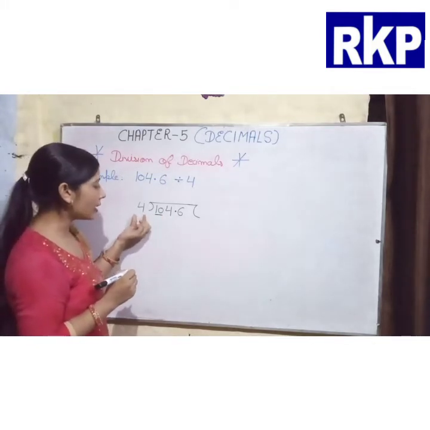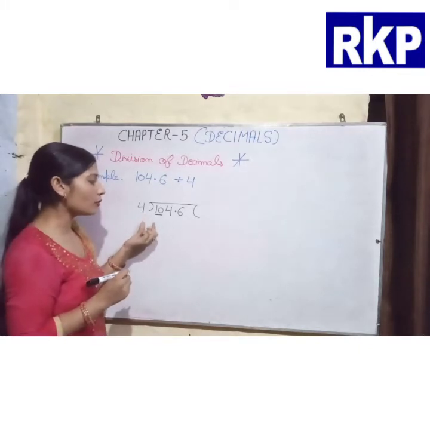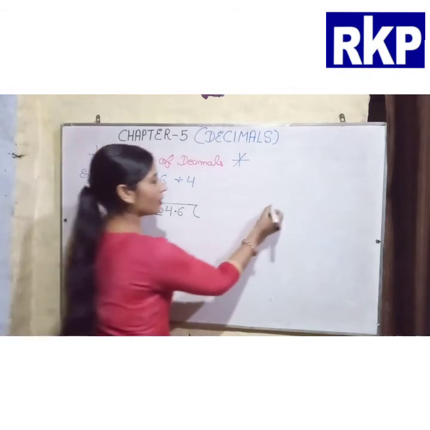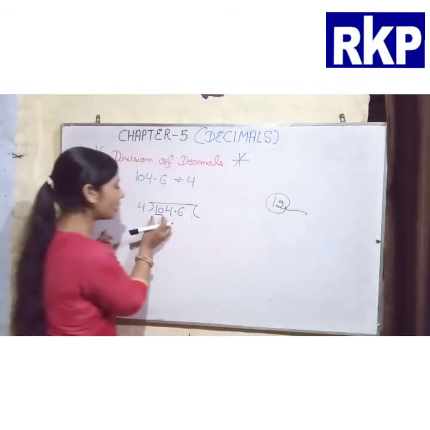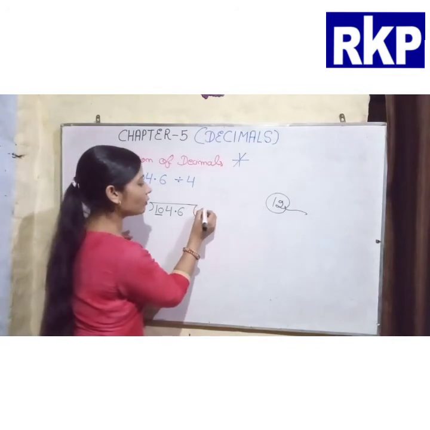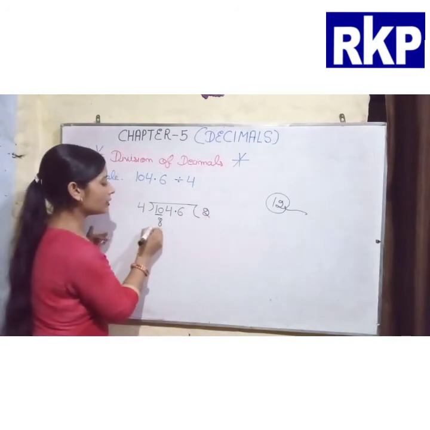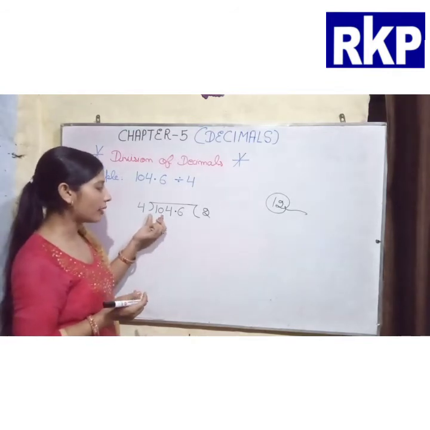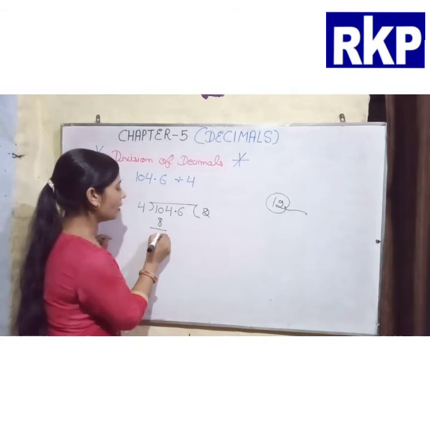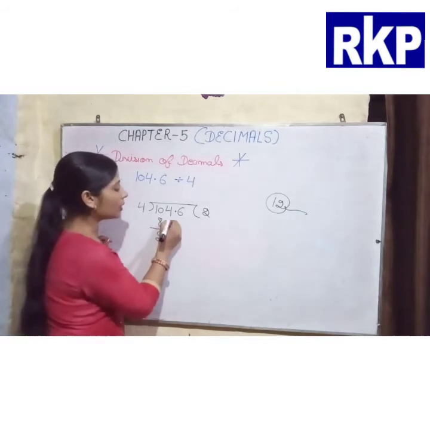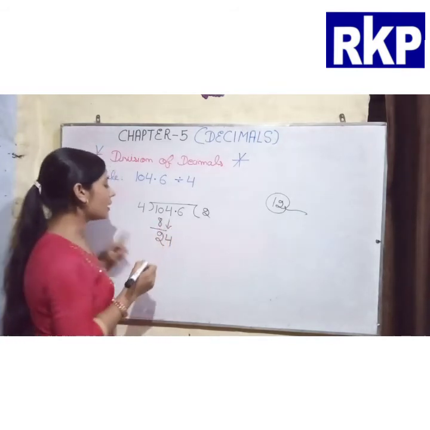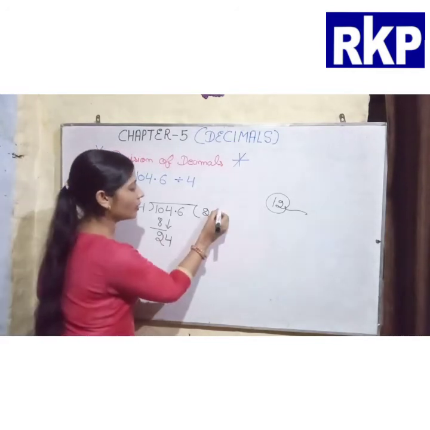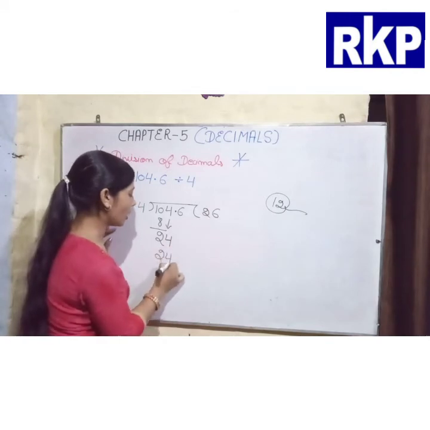So now let us take the table of 4. 4 ones are 4, 4 twos are 8, 4 threes are 12, and 12 is greater than 10. So here we have to write 4 twos are 8. Now we have to subtract this 8 from 10, and when we subtract 8 from 10 we will get 2. Now bring down 4. Now we have to divide 24 by 4, and we know 4 sixes are 24. So now write here 24.